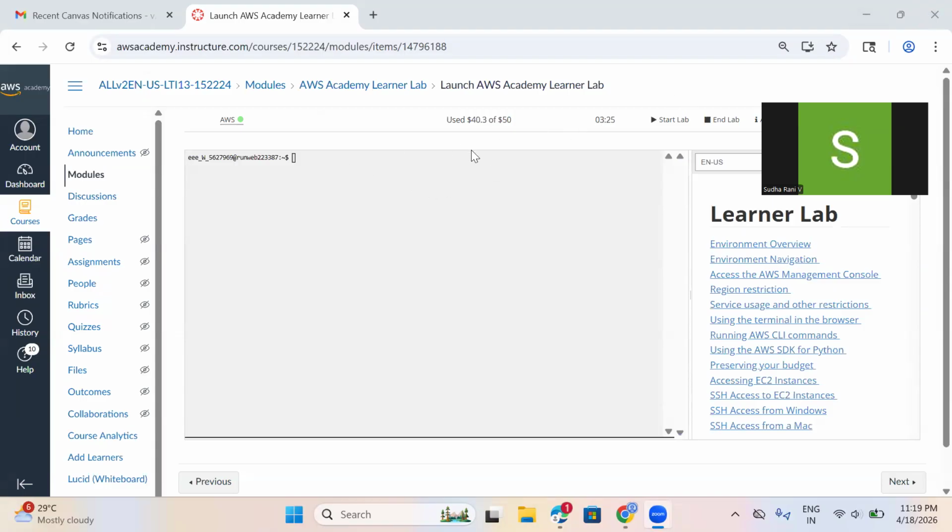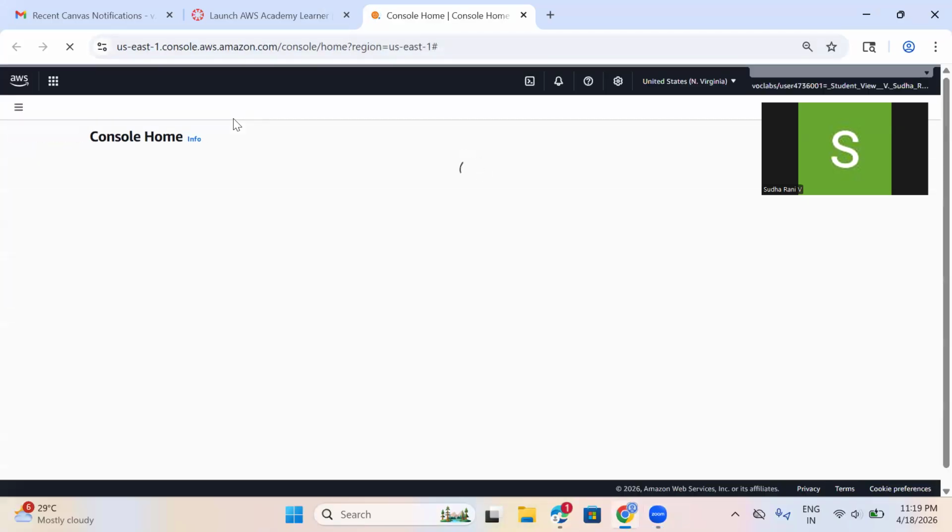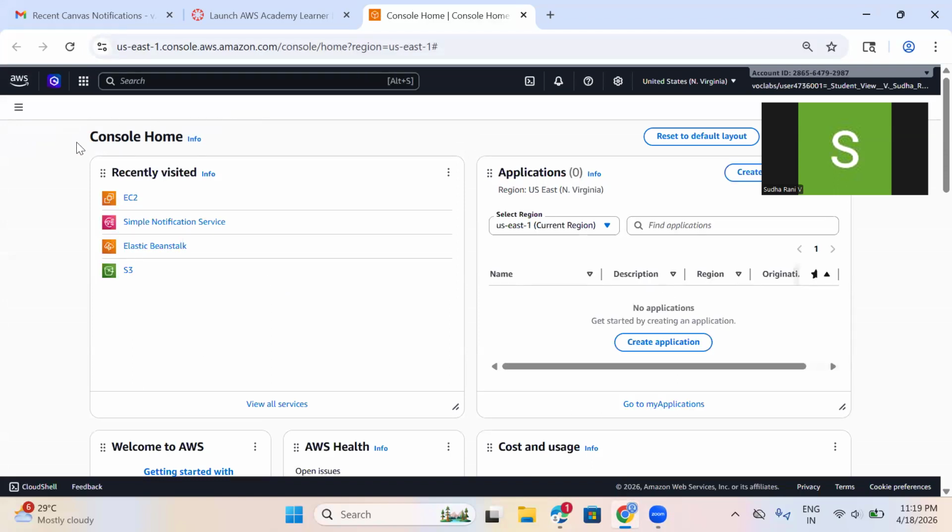In my previous videos also, I explained how to open the AWS console. And here let's start. I already started the lab. Okay. So to create the virtual window or the virtual server, we have to take the object storage. To take the object storage, we can choose the EC2 or the S3 bucket. In my practical, I am going to choose the EC2